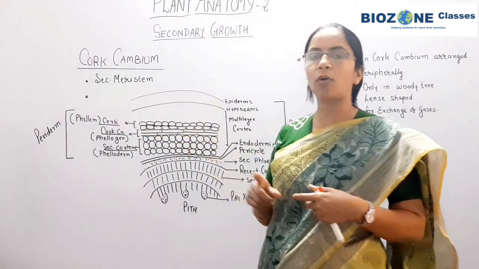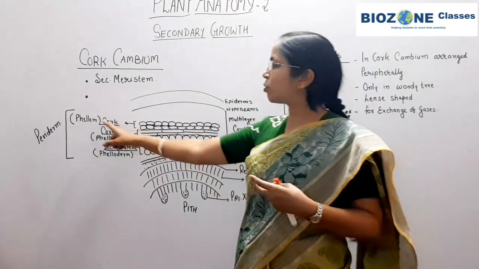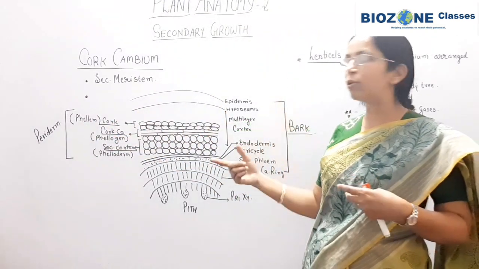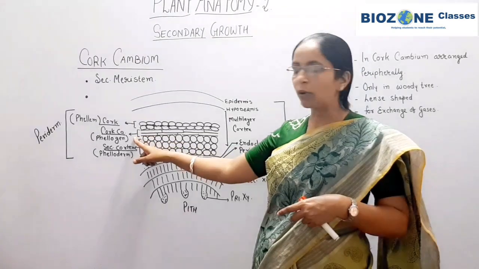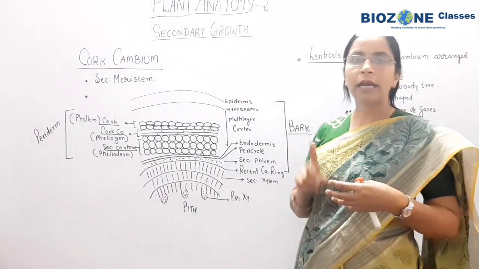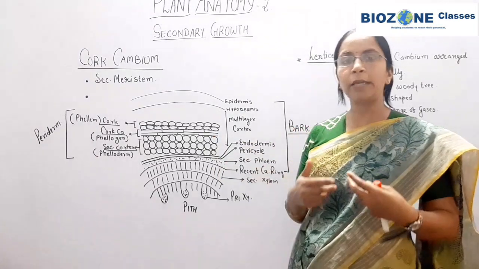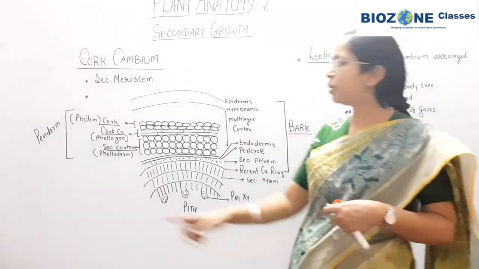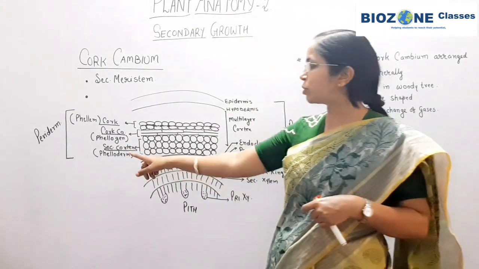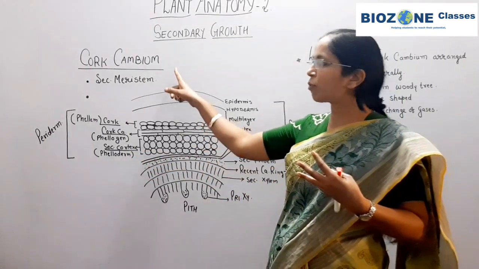So remember, cork is a dead layer because it is deposited with suberin, and cork is also called phellem, and cork is always present towards the outer surface of the cork cambium. Secondly, the cork cambium towards the inner surface also divides and develops a multi-layer cortex. This cortex develops for the second time, during the secondary growth. That's why this cortex is called secondary cortex. This secondary cortex is also called phelloderm. So 3 layers are formed during the formation of cork cambium.